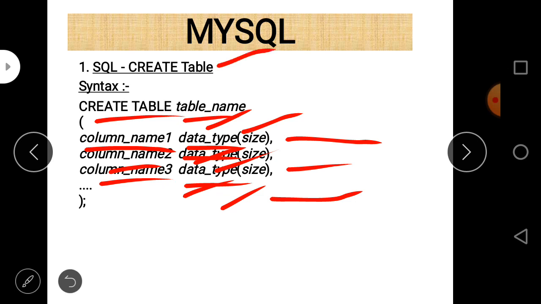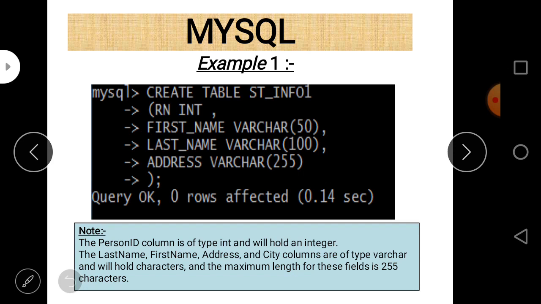So this is the syntax of my create table command, and you can see that here the table name is stu underscore info, and the name of the column is rn, then type is integer, and there is no size at all, as I told you earlier. And then first underscore name varchar 50. Varchar is used to represent a character type of data, string type of data.